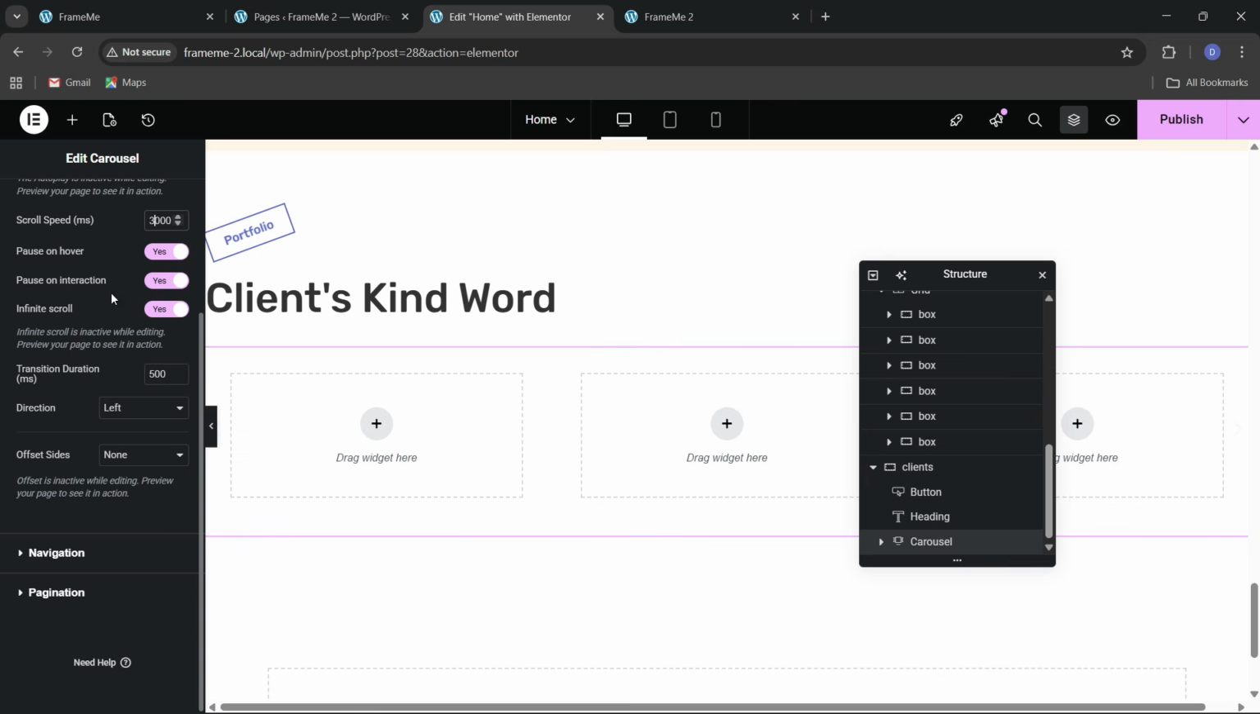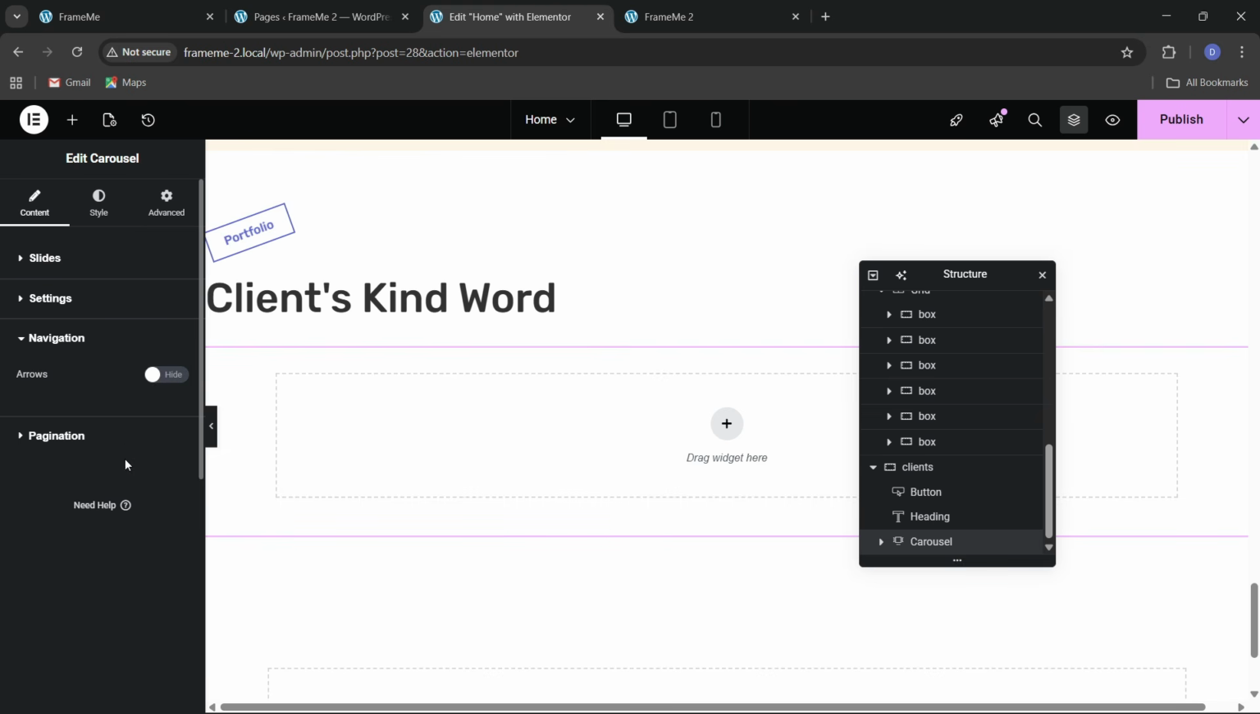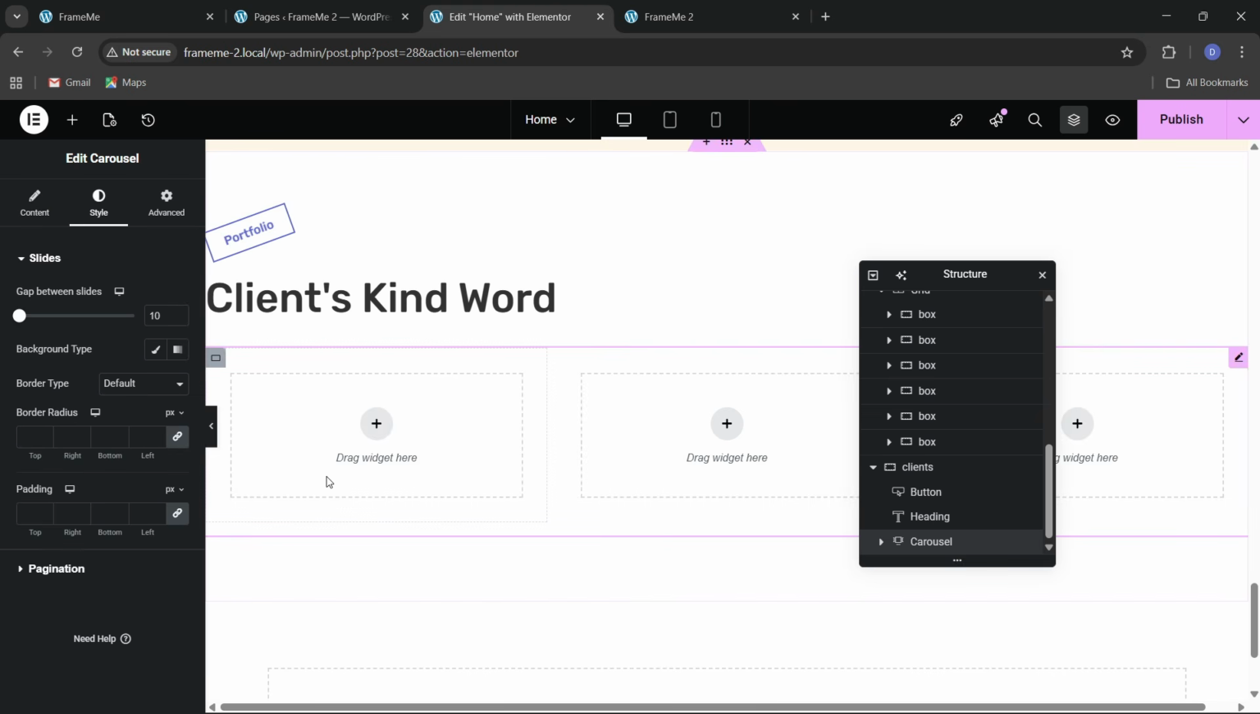If you don't want that, pause on interaction. If you don't want to add the infinite scroll, you can also disable this. Navigation, we don't want the arrows, we only want the pagination. So now what we have to do, we have to just go below, and here you can see